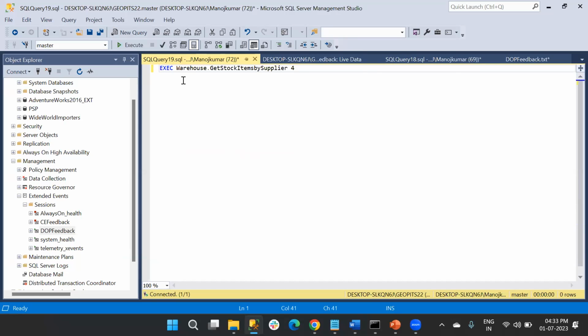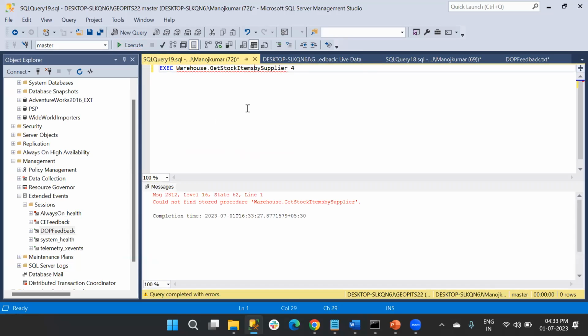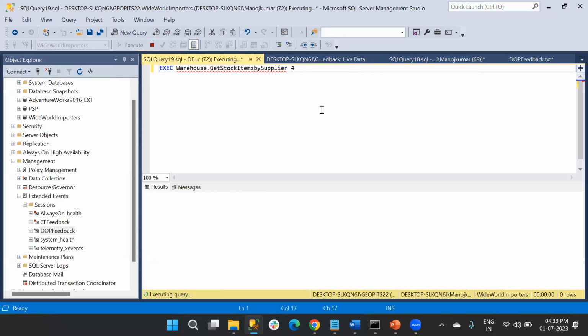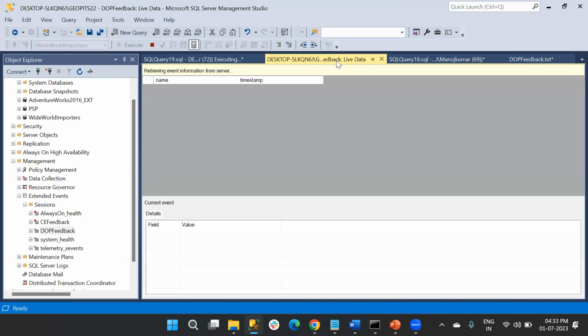Here I'm going to execute this procedure with the set of parameter values. It will take time, so I will shortly show how it is captured and how we can validate it, how max DOP is processed on the live data.